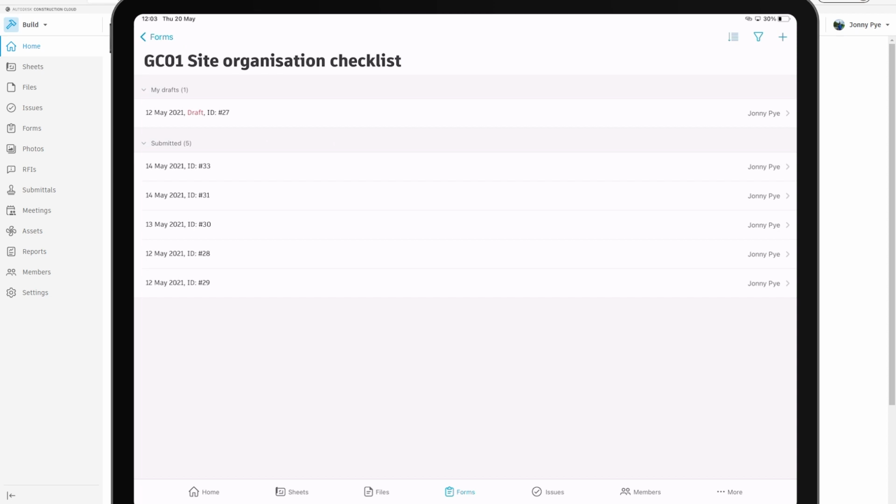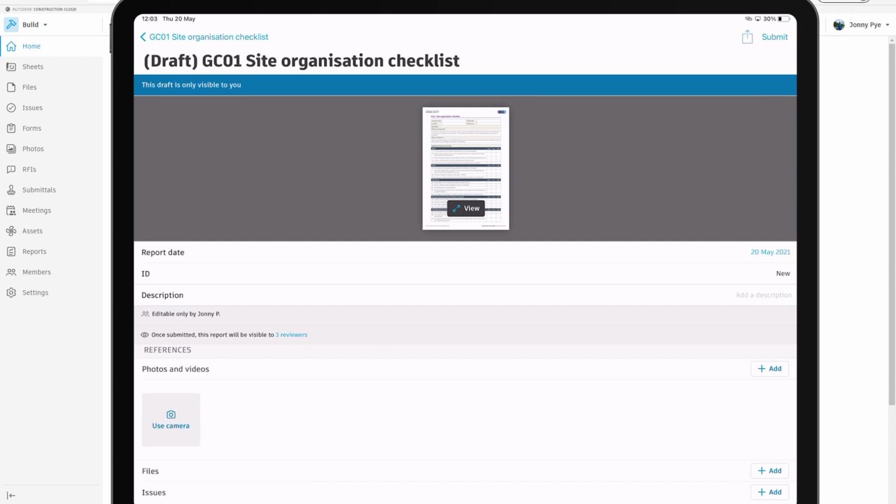So we've already got some that we've done here, and if this list was longer, you've got ways of showing things that are archived and filtering based on those. But if I wanted to start a new one, in the top right hand corner I've got a little plus symbol. I can just hit that plus, and if you imagine I'm on site now, I can then start doing